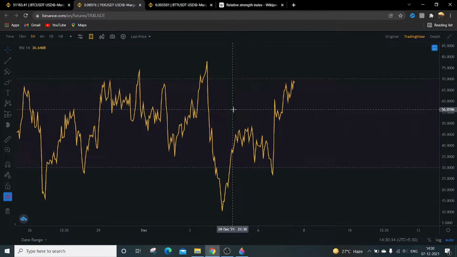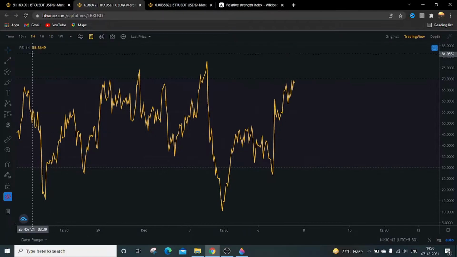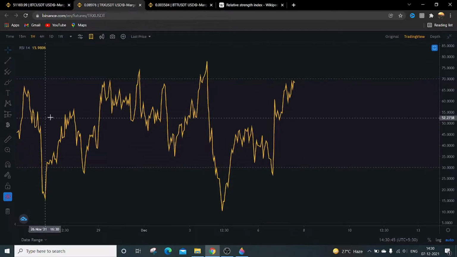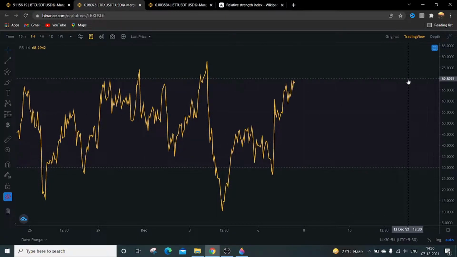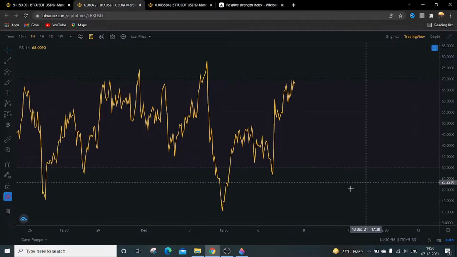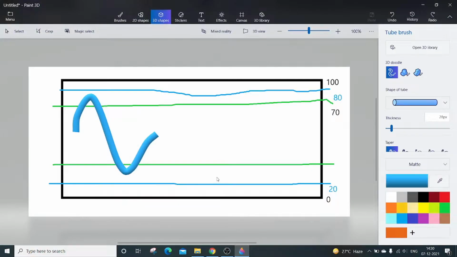So what the famous traders mainly do is enable the 14 period RSI and draw the upper limit line and the lower limit line in the RSI chart. They generally keep 70 as the upper limit line and 30 as the lower limit line, but many times expert traders keep the upper limit line at 80 and the lower limit line at 20. So when the market moves upward and downward like this,